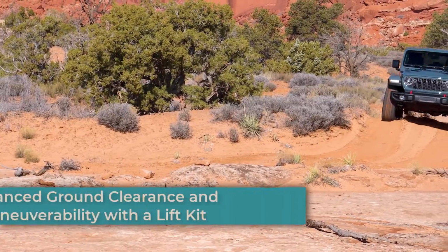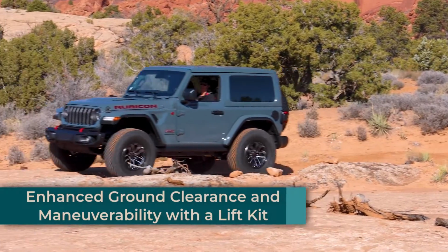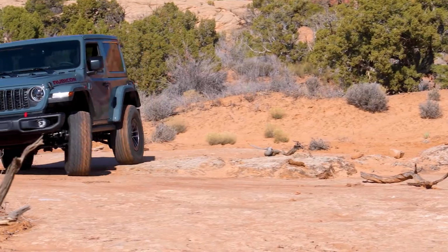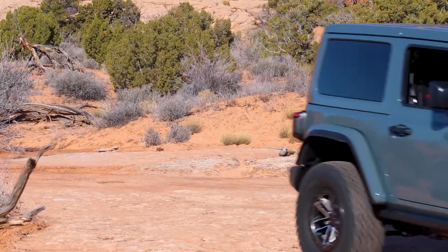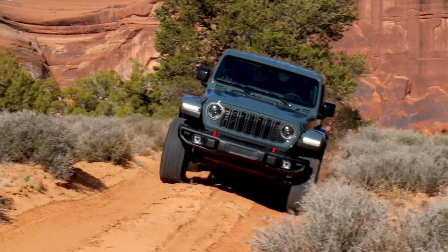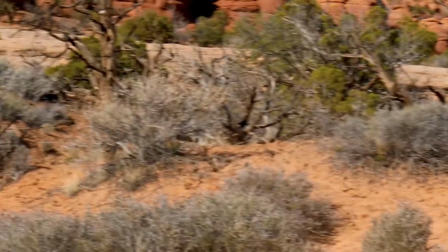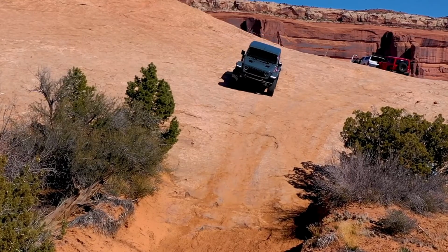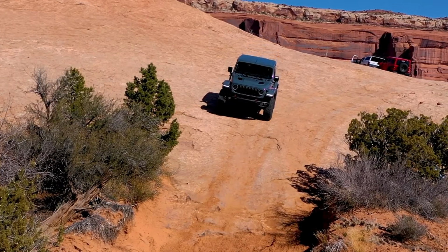The Xtreme 35 tire package doesn't stop at just the tires. It also includes a 1.5-inch suspension lift. This extra ground clearance allows the Rubicon X to tackle obstacles with greater ease, reducing the risk of undercarriage damage. The increased ride height also improves approach, breakover, and departure angles, allowing the Wrangler to conquer steeper inclines, uneven terrain,